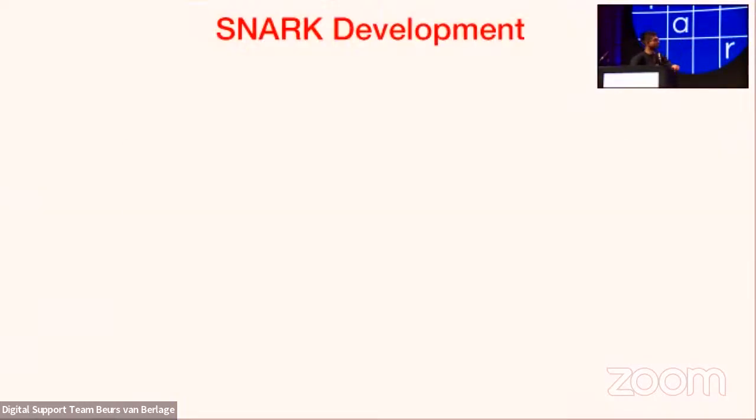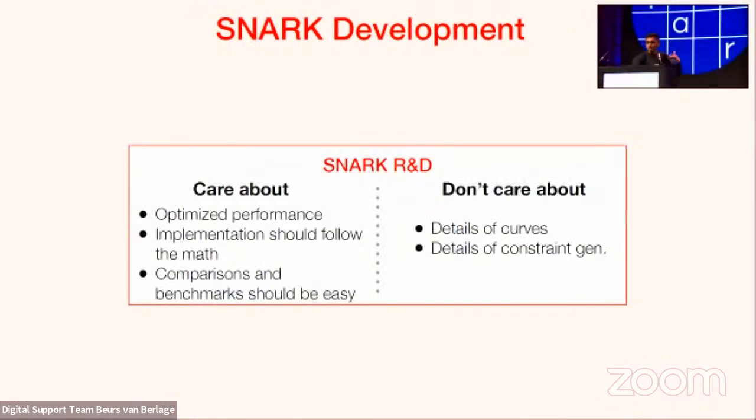This is SNARK development. Okay, so if you're a SNARK developer, like you've gone out, written your fantastic new paper, developing the next Plonk, Marlin, Sonic hybrid, or whatever, right? You want to implement it and compare its performance on real constraint systems against the existing state-of-the-art, right? How do you do that? What you care about here is not details about your low-level elliptic curve, how it's implemented, nor about how the constraints are generated. You just care about your SNARK prover, verifier, setup algorithms, right?